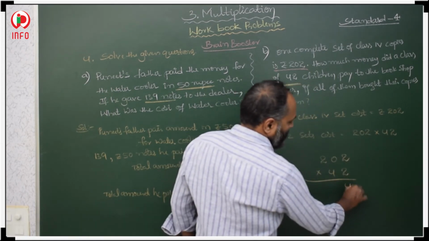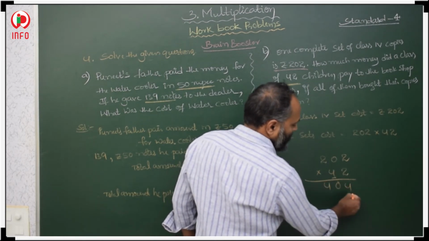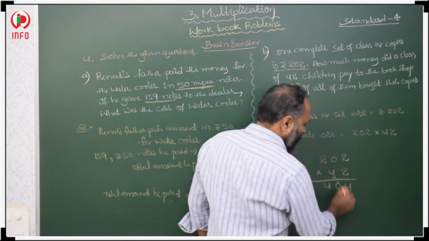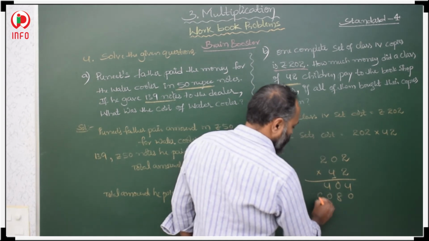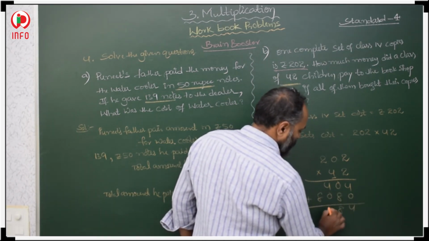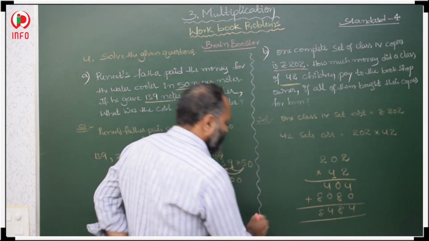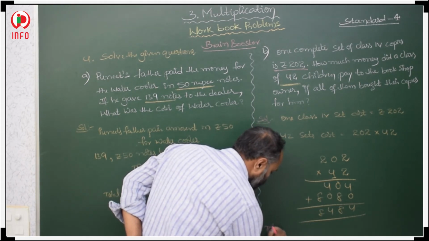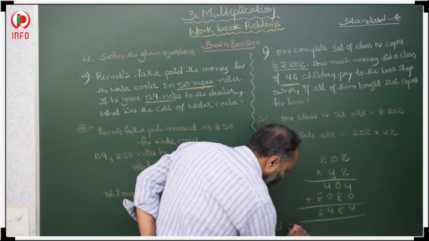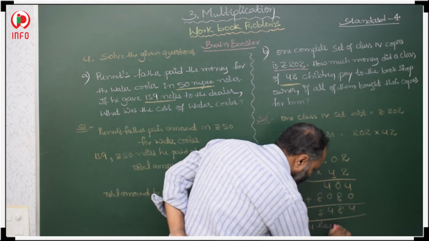2 2s are 4, 2 0s are 0, 2 2s are 4. Again with 4 means, 1 0 we have to keep first. It is in tens place. 4 2s are 8, 4 0s are 0, 4 2s are 8. Now you add 4, 8, 4, 8. This much amount they have to pay. Therefore, total amount 8,484 they paid